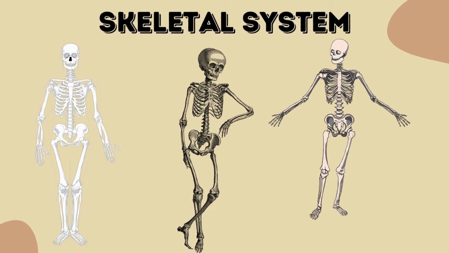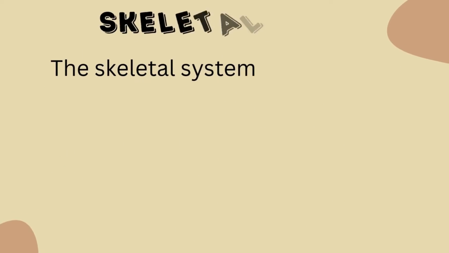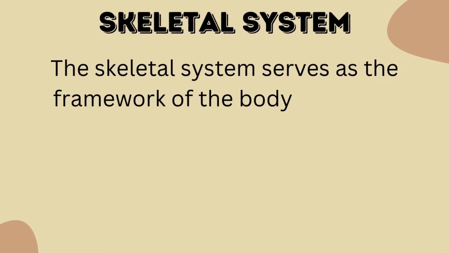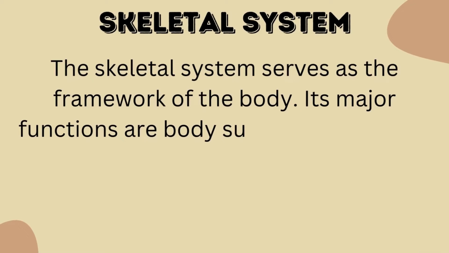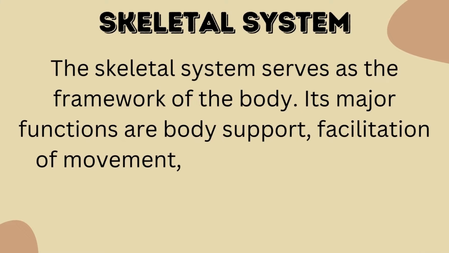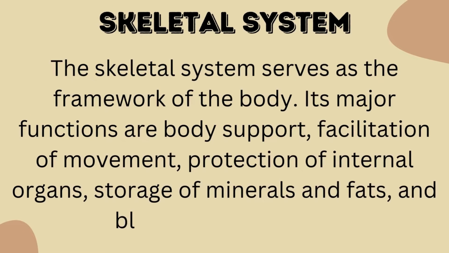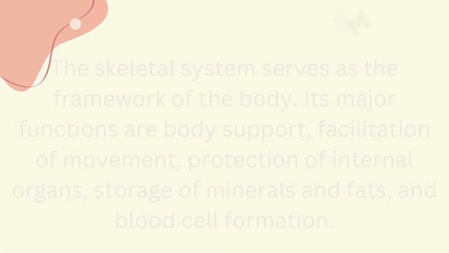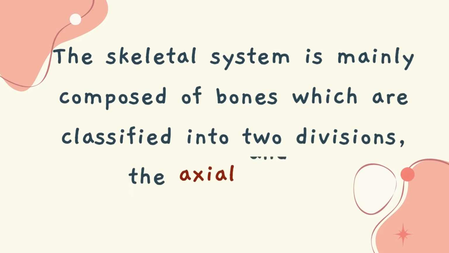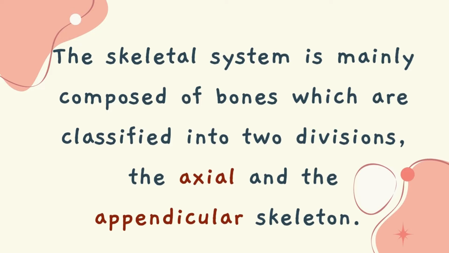These bones work together as a system called a skeletal system. The skeletal system serves as the framework of the body. Its major functions are body support, facilitation of movement, protection of internal organs, storage of minerals and fats, and blood cell formation. The skeletal system is mainly composed of bones which are classified into 2 divisions, the axial and the